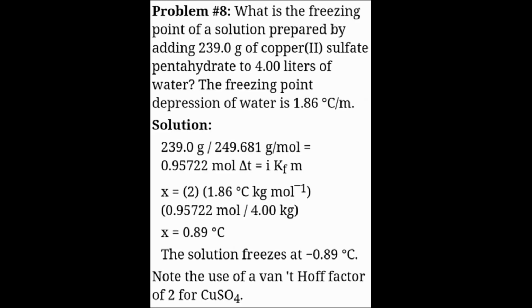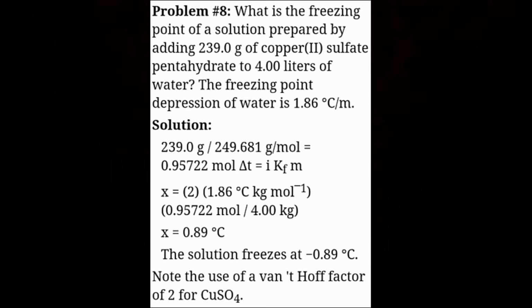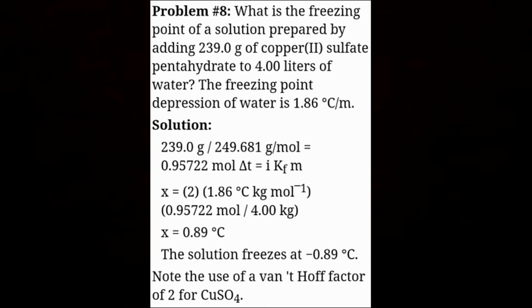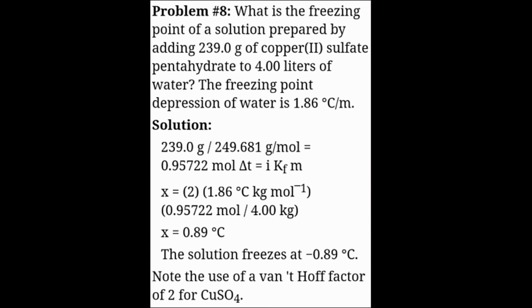Now we'll discuss an example of depression in freezing point. The question is, what is the freezing point of a solution prepared by adding 239 grams of copper(II) sulfate pentahydrate to 4 liters of water? The freezing point depression constant of water is 1.86 degrees Celsius per molal. Solution: 239.0 grams divided by 249.681 gram per mole is equal to